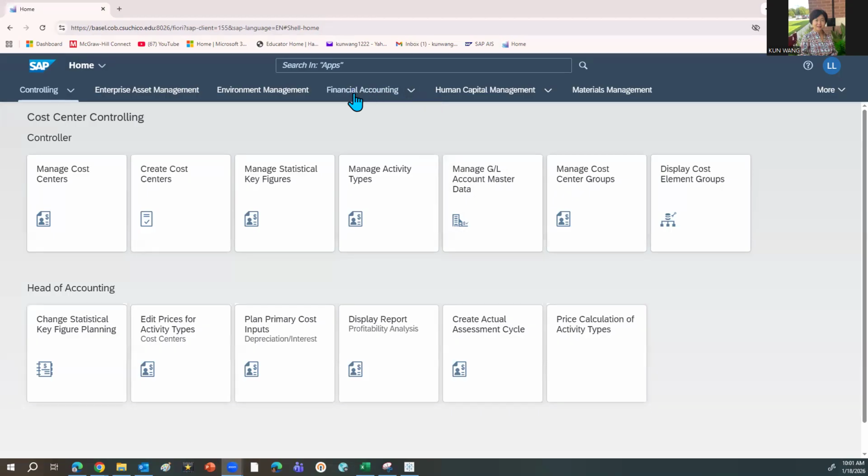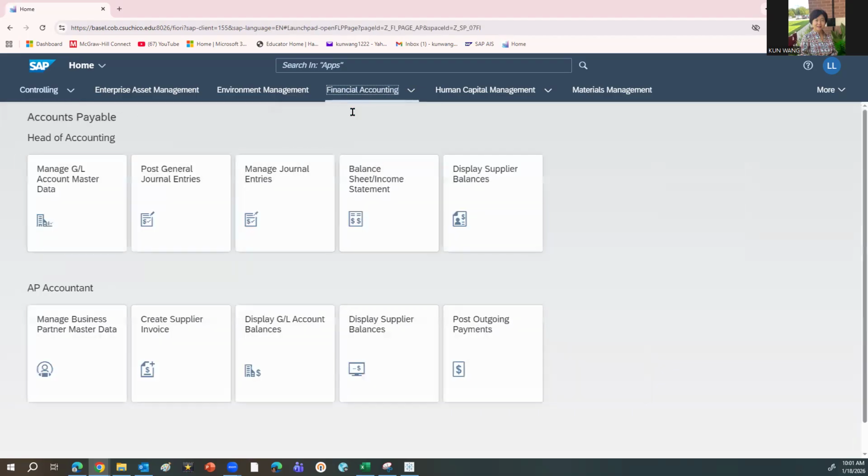For this one, we're looking for the financial accounting, but with the arrow, we have sub-modules underneath. For master data of general ledger and financial statement, you can go from accounts payable or account receivable. Both of them will lead you to the functions. I will do the first, the account payable, so click on that. You see the tiles. So under here, we normally call the tiles for the specific functions or the sub-modules we